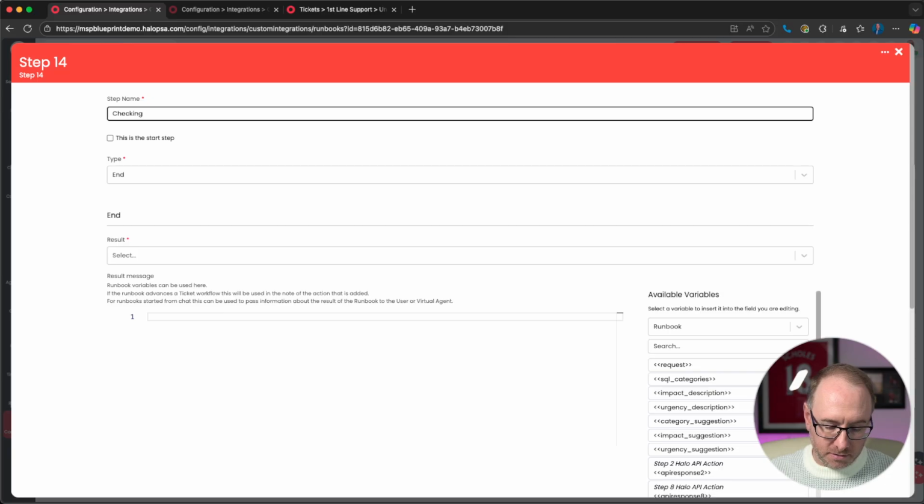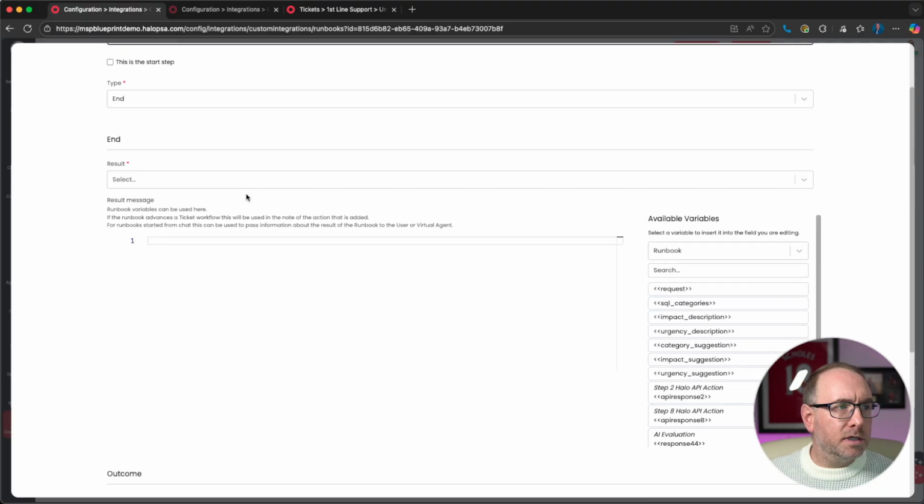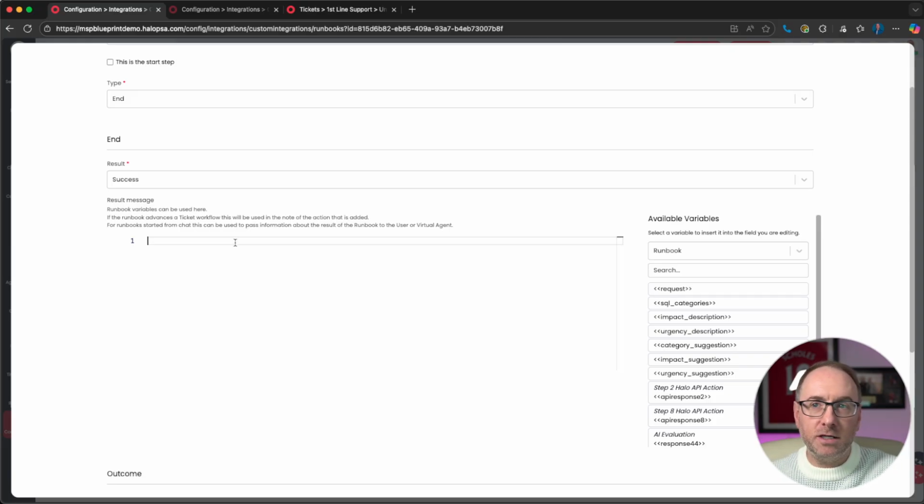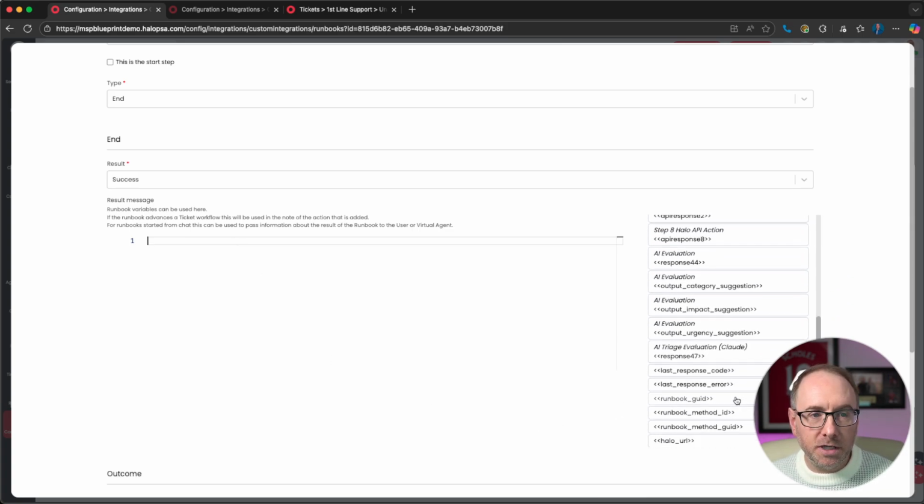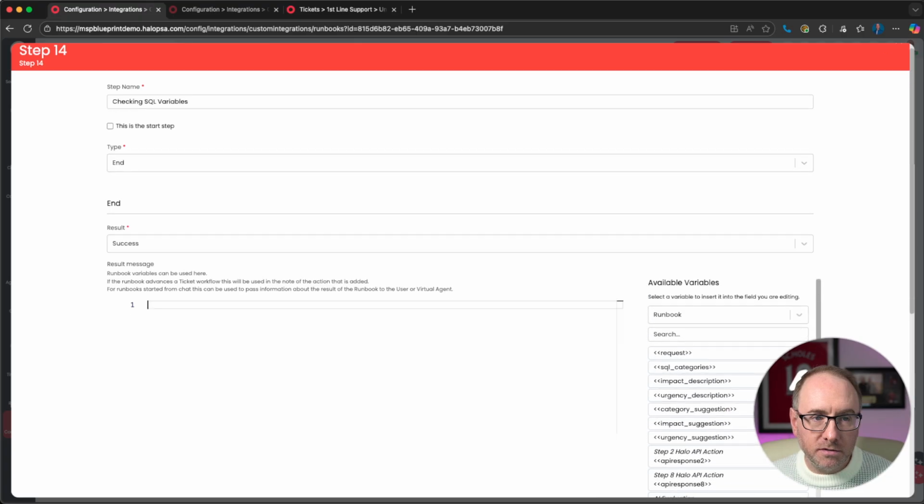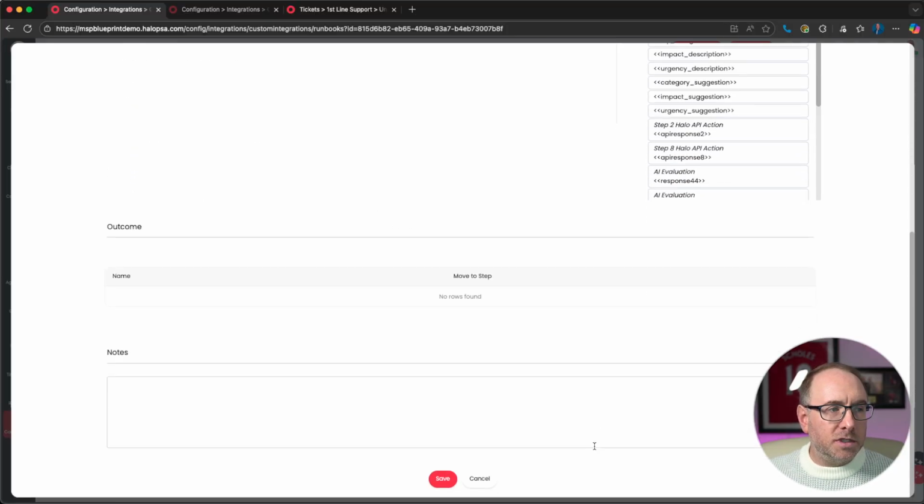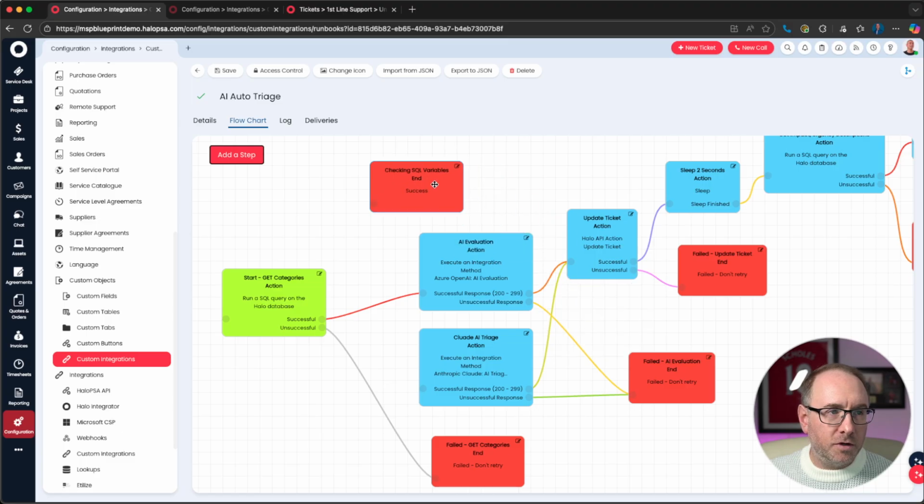Just going to put checking SQL variables. And now what you can do as well is you can do a success or a failure state, and you can basically have a message in here, which is also really good for diagnosing some of the end results of your runbooks. But in this one, I'm just going to find the, so we'll go SQL categories. So I'm going to add the SQL categories, and we can put in front of that variable. We'll just add that there. Hit save. We've got this end step here,